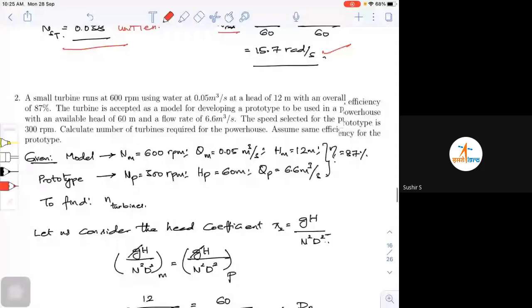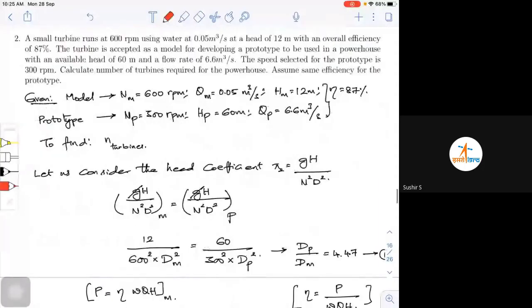Let us look at one more problem. Before I get into these two problems, I want to tell you, whenever you are trying to do some kind of model studies, what is model studies actually? I try to do models to compare between a prototype and a model, or one prototype to another prototype, or one model to another model. I'll try to do some comparison and come up with some numbers.